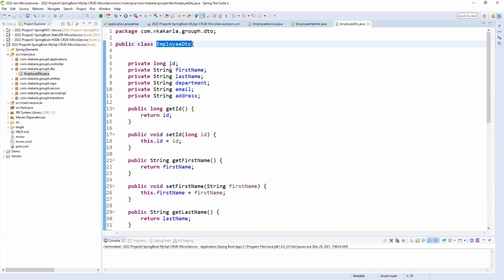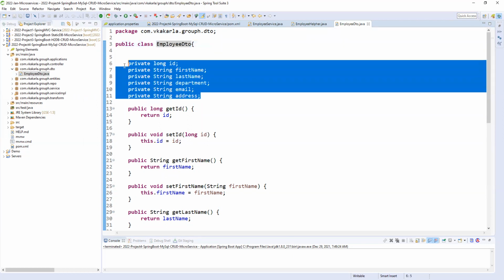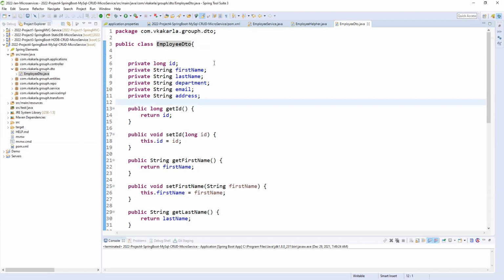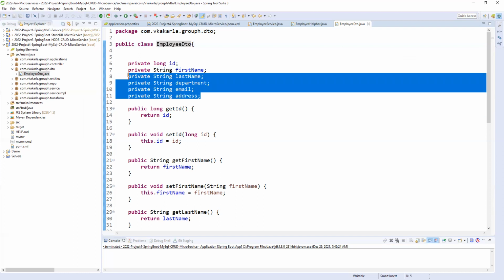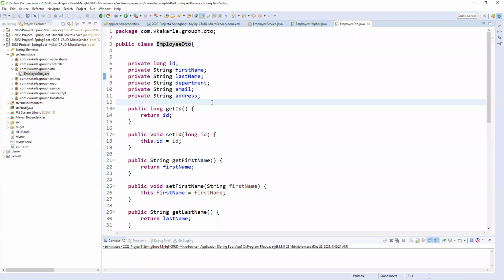But how are we transforming this DTO to the entity? That is our doubt, right? We need to create an entity object, take the ID, first name and last name, and set these values on the entity. In the same way, whenever we get a response from the database, we need to transform from the entity to this DTO response. If you want to send only some of the fields instead of all the fields, you can set only the required fields. For that purpose, we maintain DTOs.